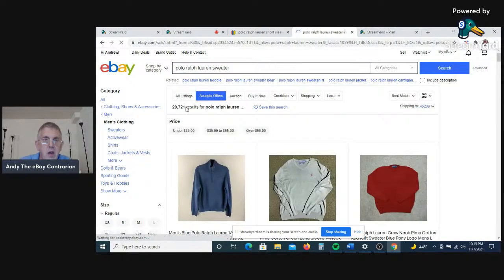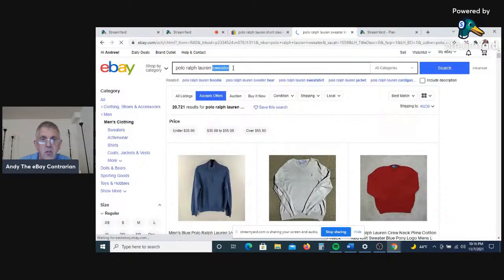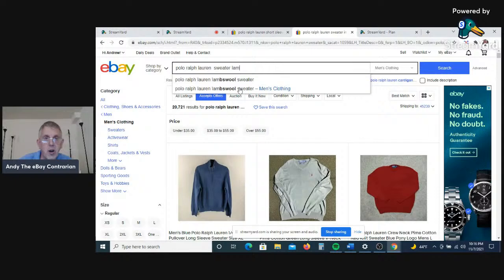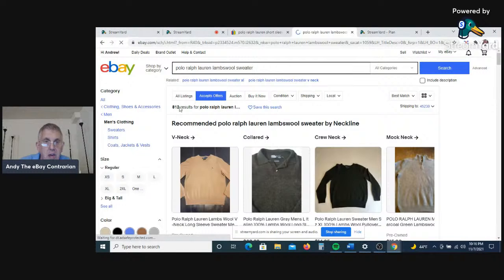So there's 20,000 results for sweater, but something that I found just the other day, and it says it right on the tag, and it'll take me a second here. It's not letting me. There we go. So it is lamb's wool sweater. So when we look at that, I just sold one of these the other day. There's only 812 listings. And again, you might want to put crew neck, V-neck, whatever type of neck. The Polo Ralph Lauren